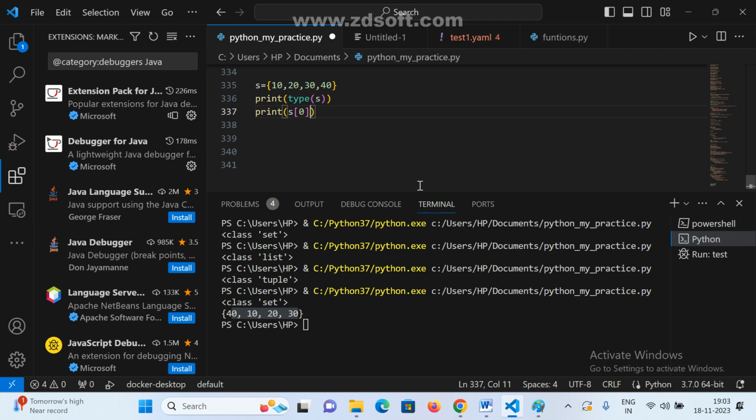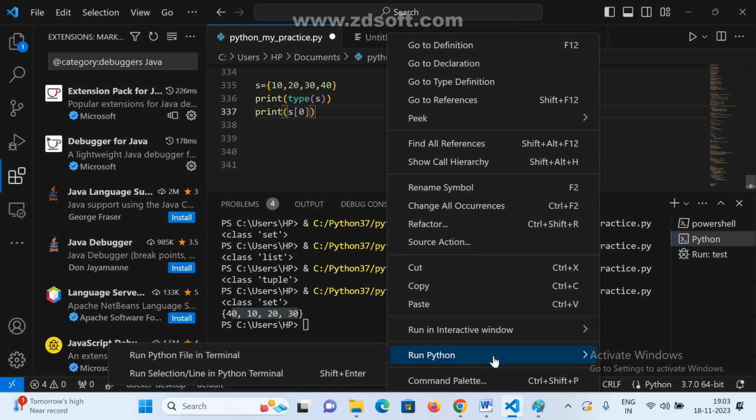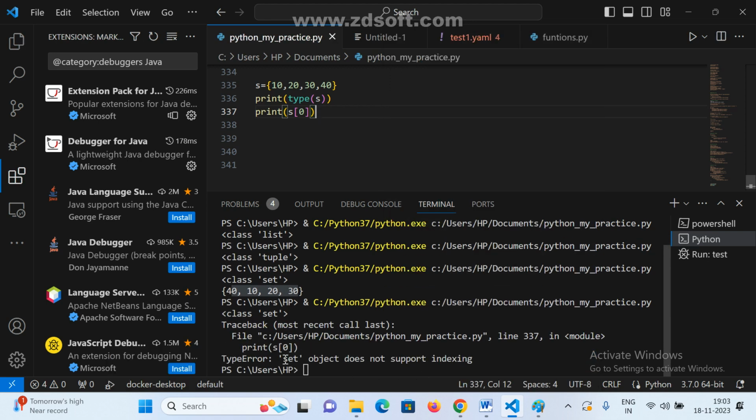List supports index, tuple also supports it, but set does not. Set does not support indexing because it is not following insertion order. It is jumping, so that is the reason set does not support